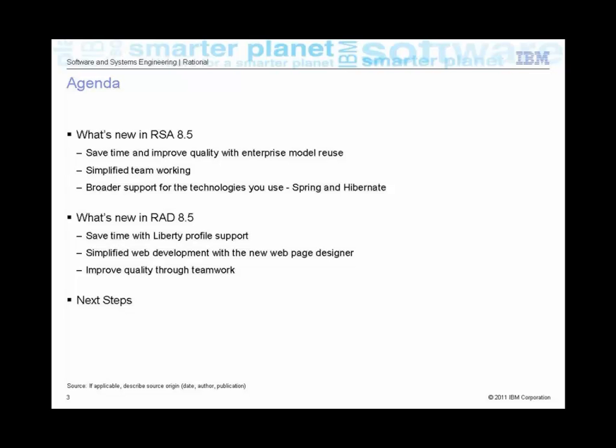So, probably that's why when you look at this list, you start to see a lot of the things that we're going to talk about. Some of the really key, powerful things are all around collaboration and how teams can work much better together, and how we can really start to improve the efficiency of software teams and allow them to deliver much faster. So with that, we're going to dive into the three things around RSA,